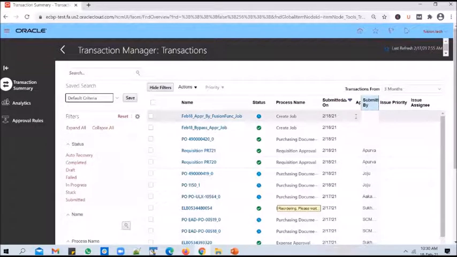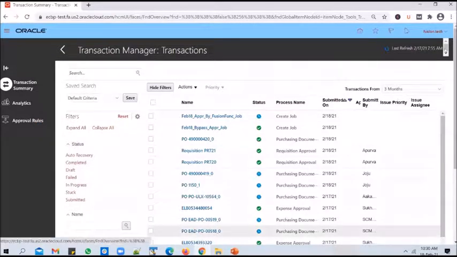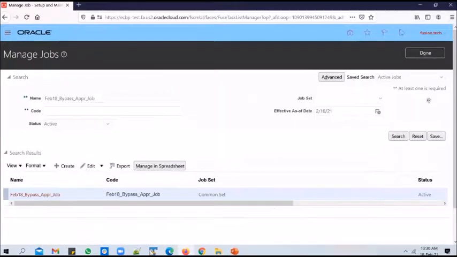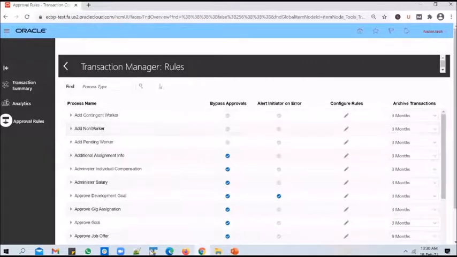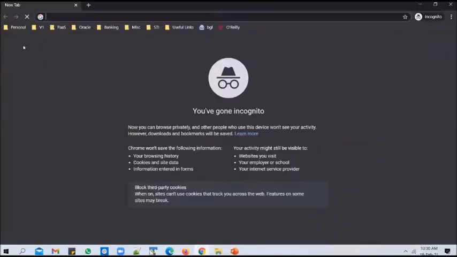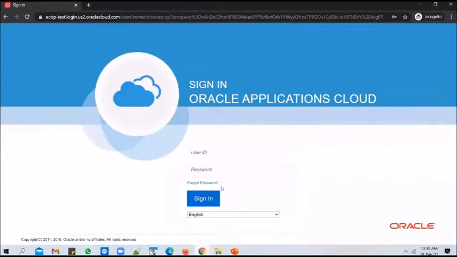If you come to this screen immediately after you submit it, the approval might not be populated, but give it a few seconds or a few minutes and it'll be populated. What you can do is log into the instance as fusion.func user. So I'll open up an incognito window and log in as fusion.func user, and I'll see whether the request is waiting for my approval or not.